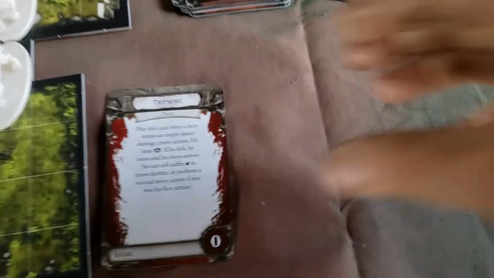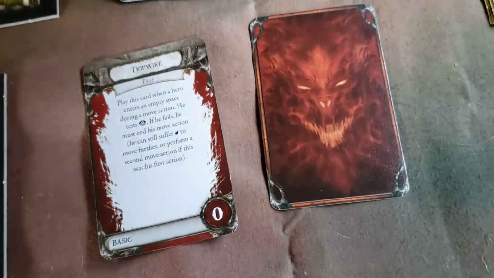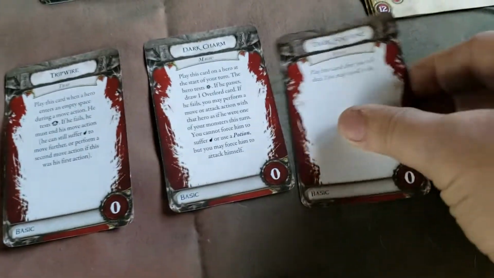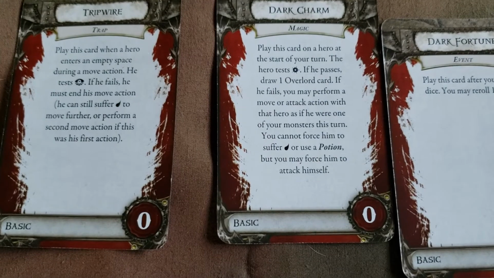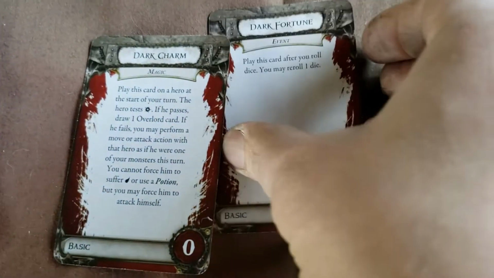And let's see. He's going to get a hand of 3. So let's just see which cards he gets. Okay. So, Tripwire. Play this card when a hero enters an empty space. Okay. This is discarded. That was what Averick just did. Okay. So,